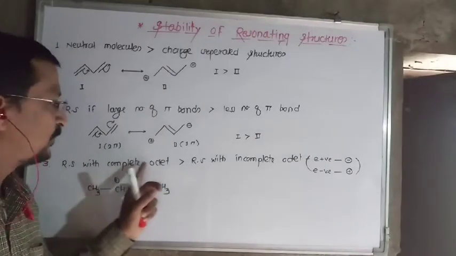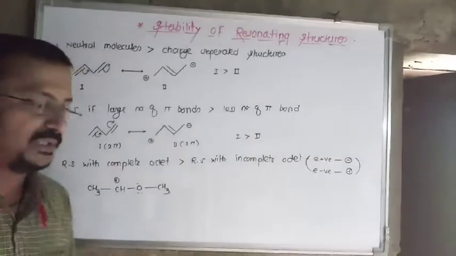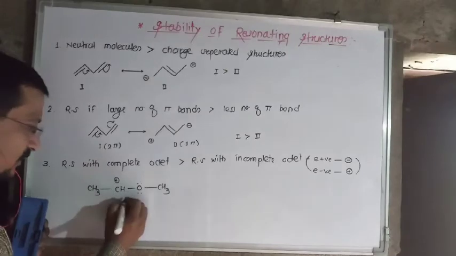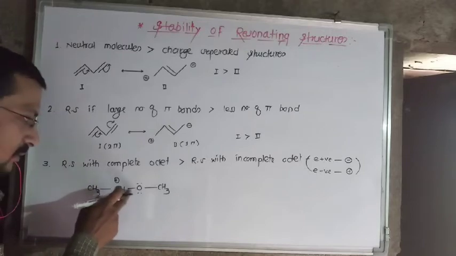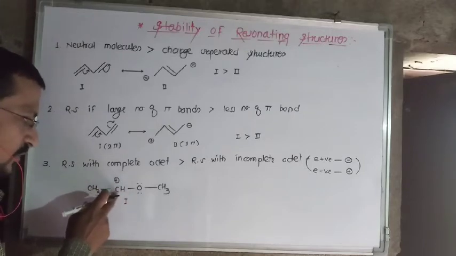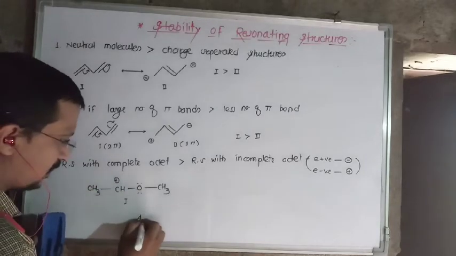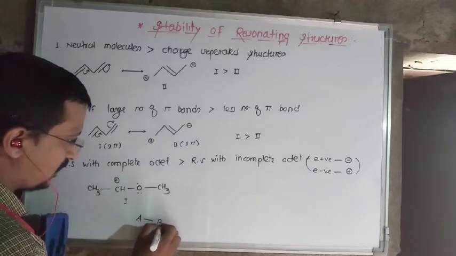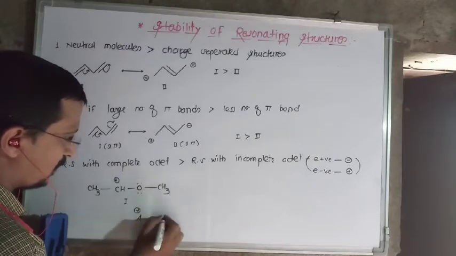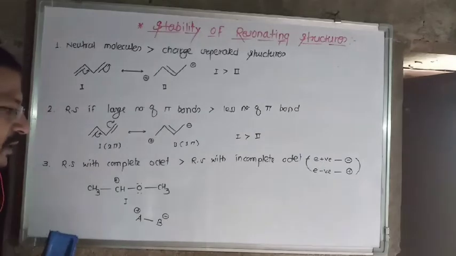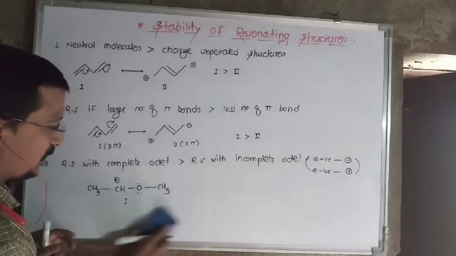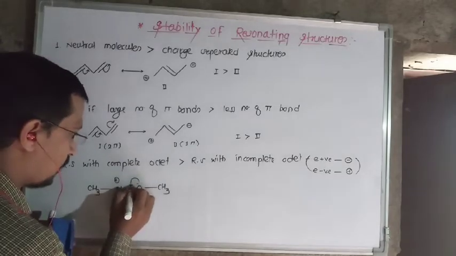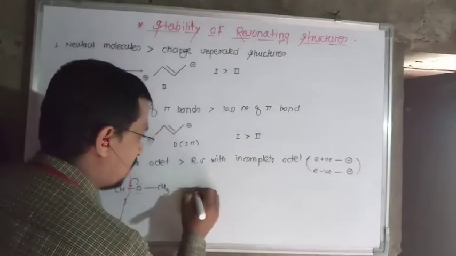Just look at whether the octet is complete or incomplete. Now here, if you consider this structure first, whether resonance is possible. In this case, just for what we call positive and negative, the single bond between B and A: A is positive, here it is negative, which means resonance is possible. Just transfer the negative charge, isn't it? Now in this case, if you resonate, the lone pair of electrons shifts here, and after that the resonance is